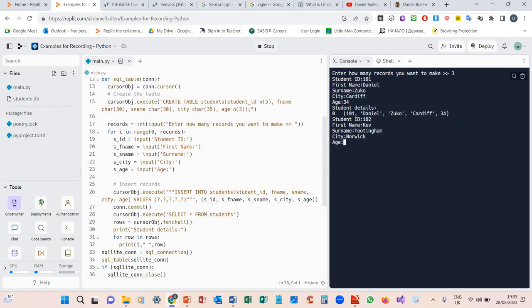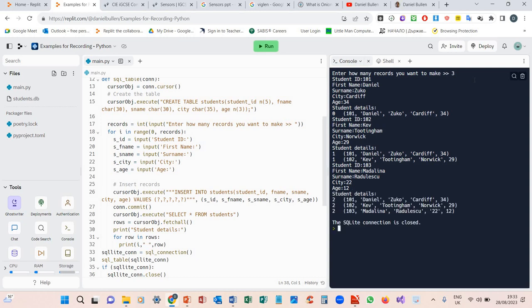This one, 103. Right, I put city by mistake, but never mind. So, anyway, it's inserted 3 records